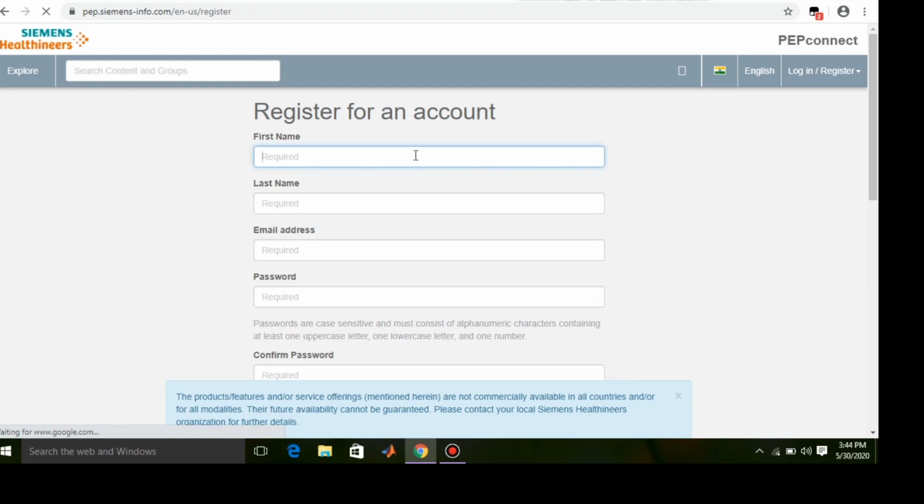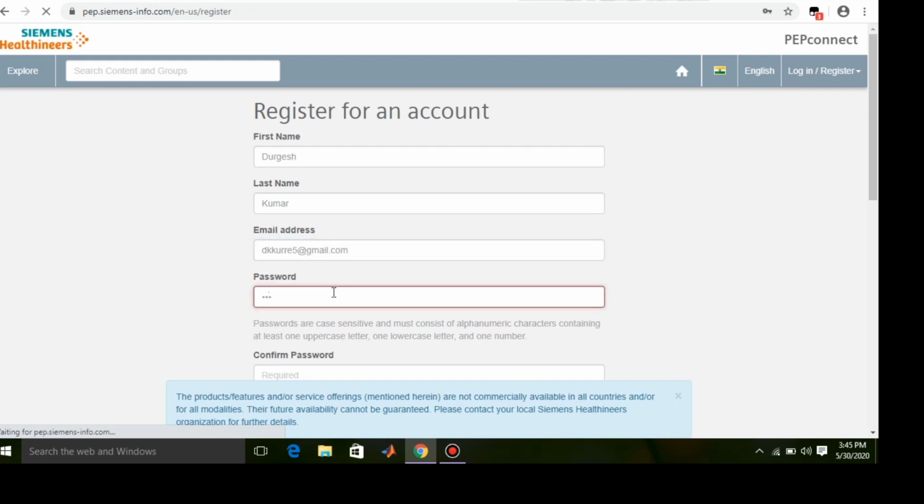You need to fill in general details: your first name, last name, your email, create a new password, and retype your password.